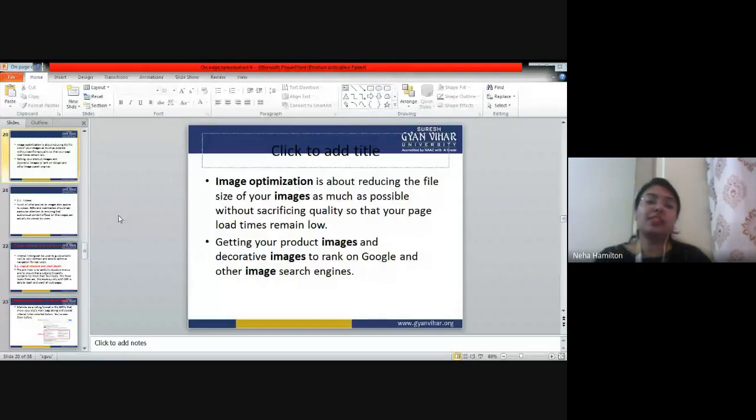Without sacrificing the quality, so that your page load times remain low. So if you upload a very high quality image, a very high pixel image, which itself takes a lot of space in your web page, it increases the size of your web page. When the size of your web page is increased, it will take time to load on a particular website.